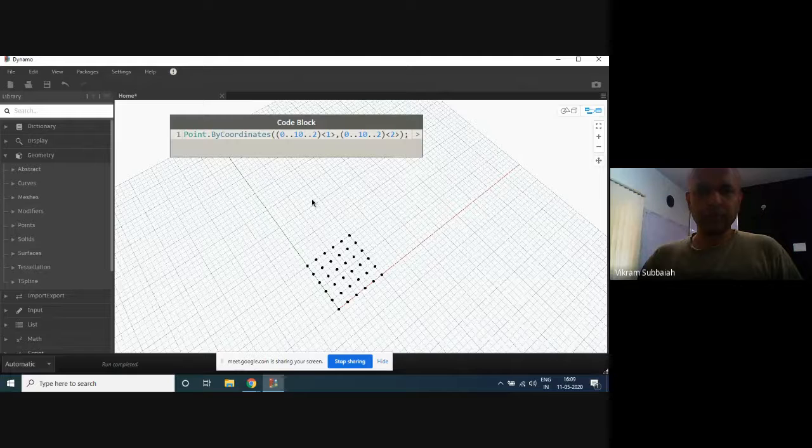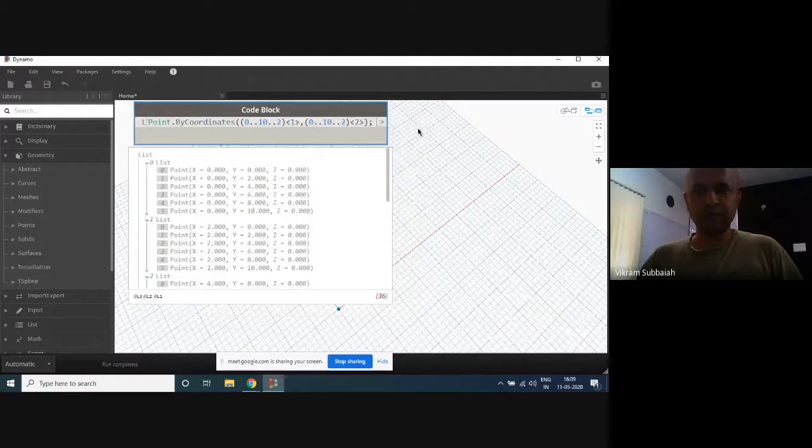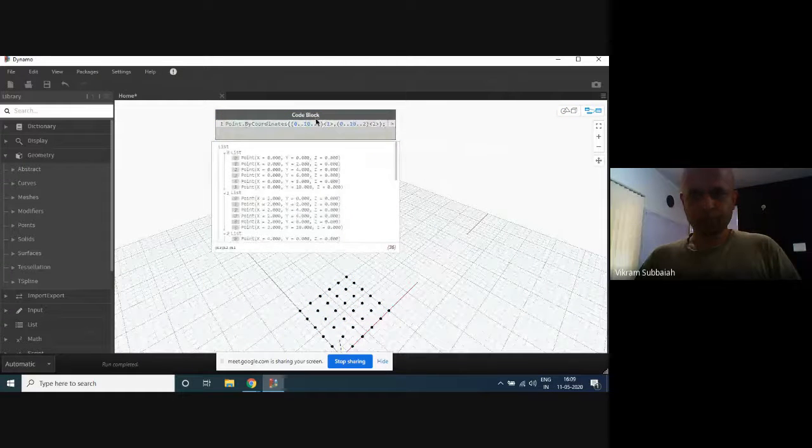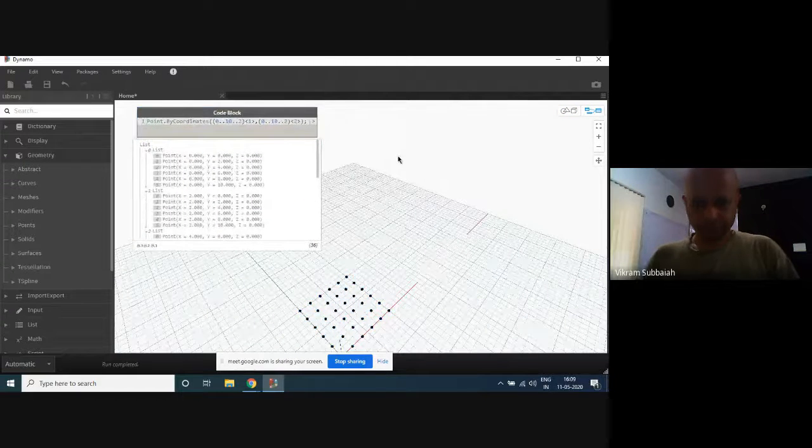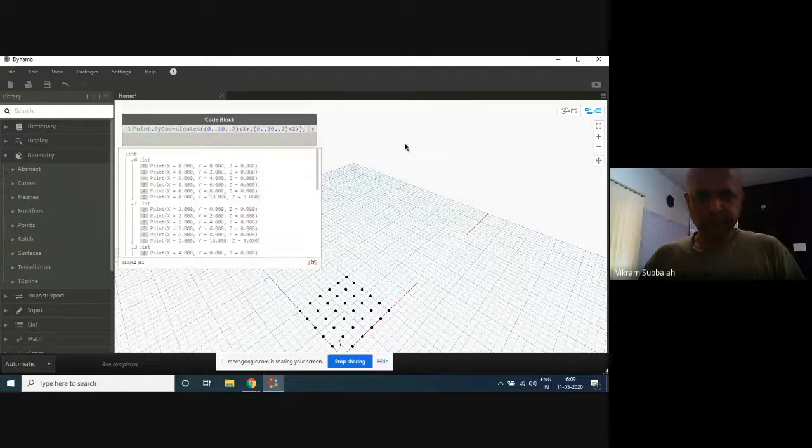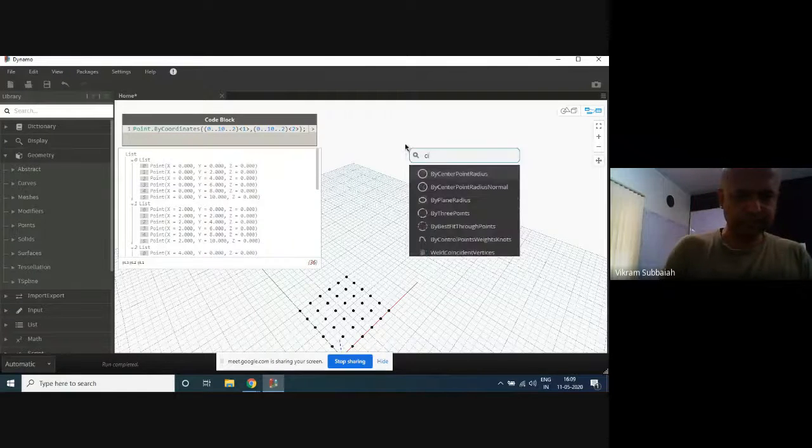If I'm going to group these, create the base squares of the pyramid, how do we do it? Or I will not even create the squares. Let's do something else. What shall I do? Okay, I'm going to create little circles here.